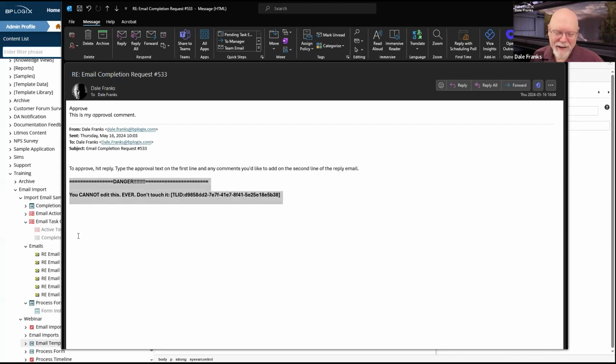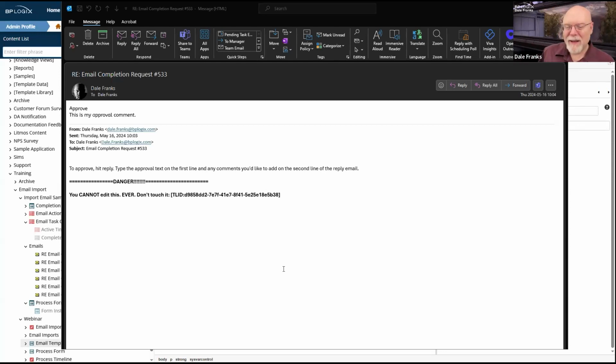I have taken the step of saying, danger, you cannot edit this ever. Don't touch it. If that doesn't stop you from editing it, I don't know what will. If you have other creative ways of doing it, please feel free to implement them. But this is super important. This has to exist and has to be correct. If I happen to click down here by accident, and I just happen to delete the E, it all fails. So while I recognize that this might be a little precarious, this is the way that it has to be done.